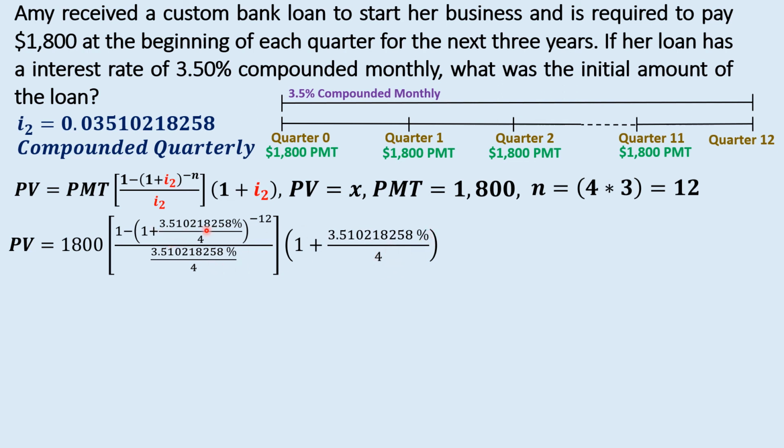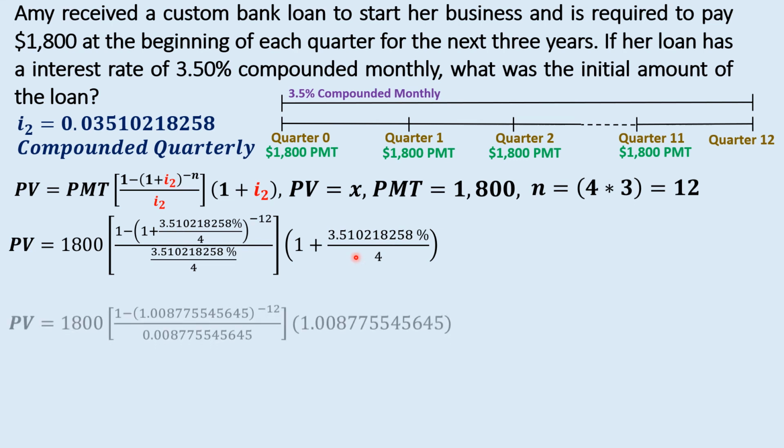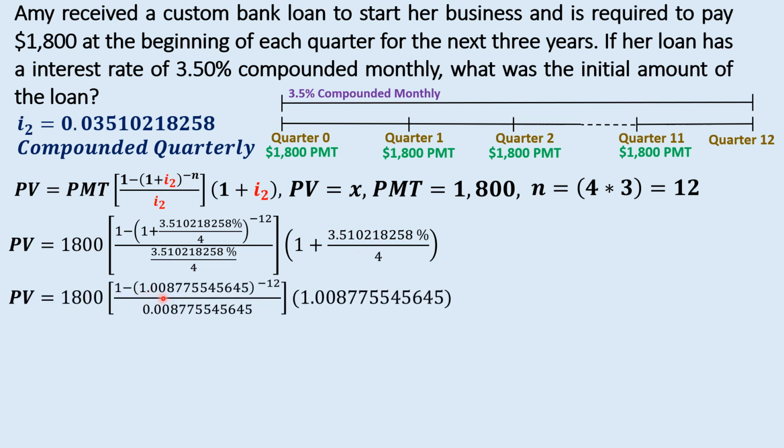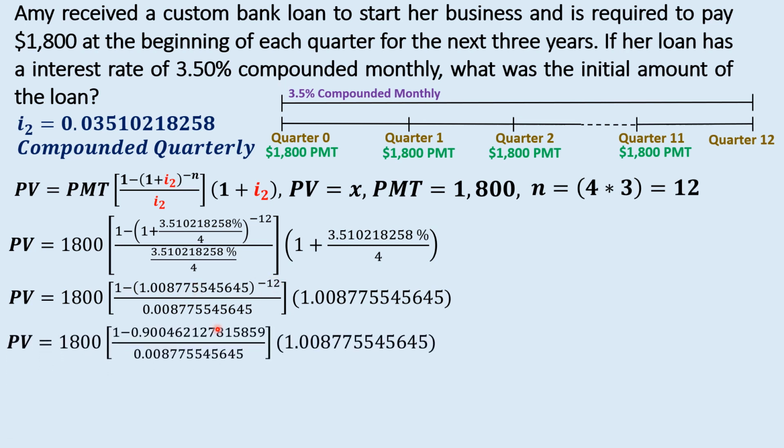So when we simplify the fractions even further, we get 1.0087755454645. This fraction and this fraction are practically the same, so we get practically the same inside of the fraction. The bottom fraction, we're just not adding a 1 to that, so it's left as is, except simplified, without adding the 1. Now we simplify this part of the fraction even more with the power of negative 12, and we get 1 minus